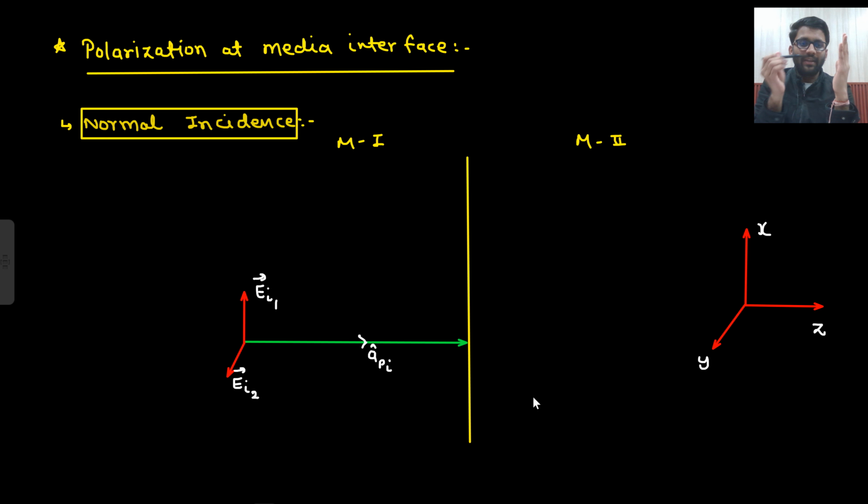Now I am saying that my incident wave was linearly polarized. What will be the nature of my reflected field? If my incident wave was linearly polarized, then what will be the nature of my reflected wave? That could be linearly polarized, circularly polarized, or elliptically polarized. And what will be the nature of my transmitted wave, whether it is linear, circular, or elliptical? That we need to find out. Now, when we studied normal incidence in our course, at that time we only